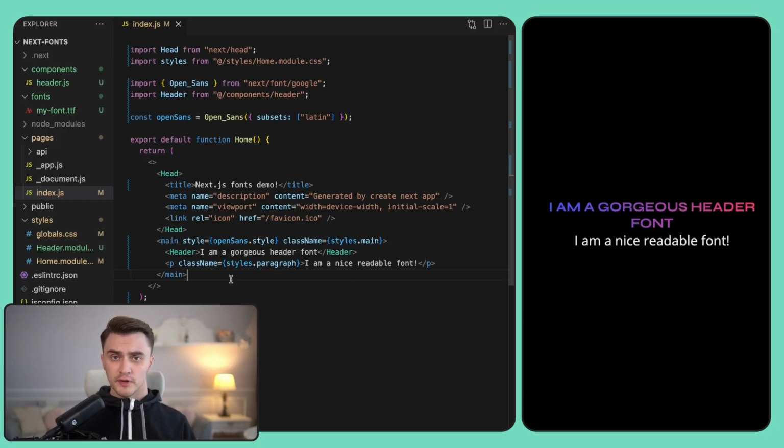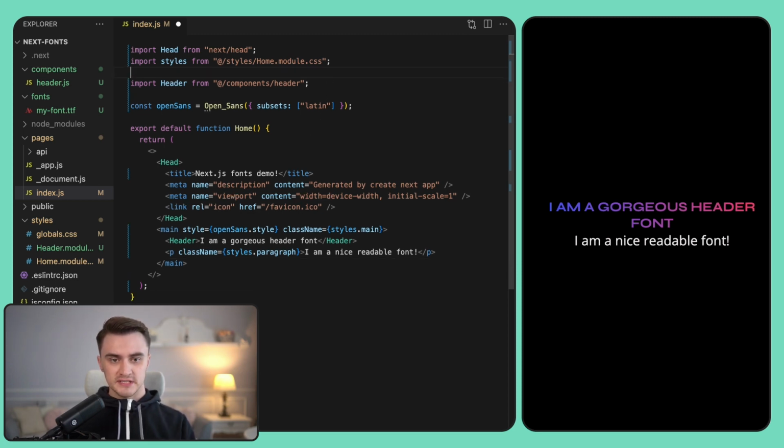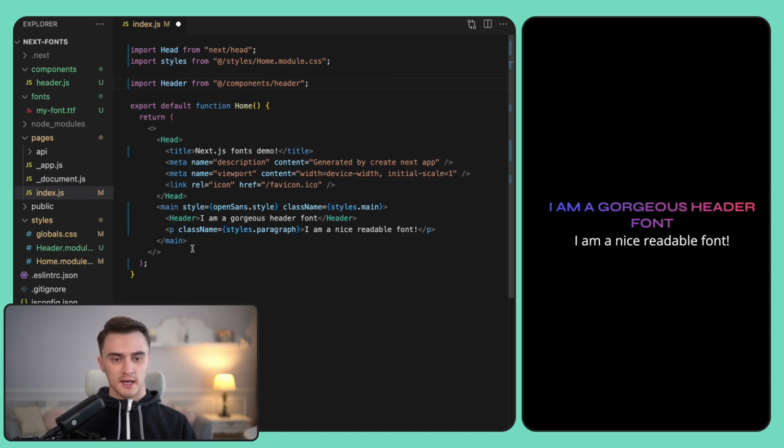Now we're ready to try something different. We can inject our global font directly to the head of the HTML document. Also, we will use CSS variables for that. Let's start by removing the global font from the page level. To do that, we need to remove the import itself, we need to remove the configuration object, and we need to detach our font from the JSX code. That's it. Now we need to complete 4 steps to set our global font on the _app.js level.